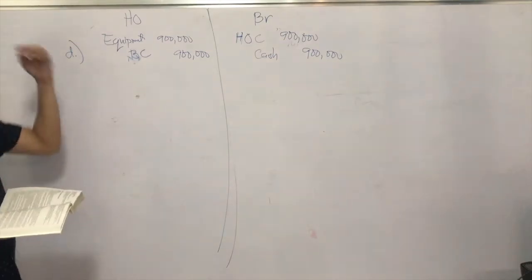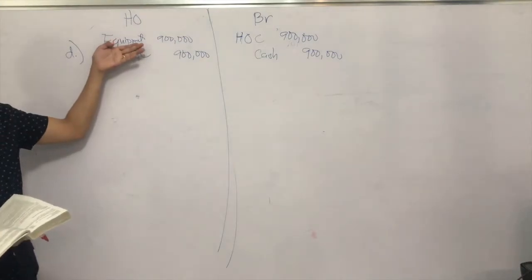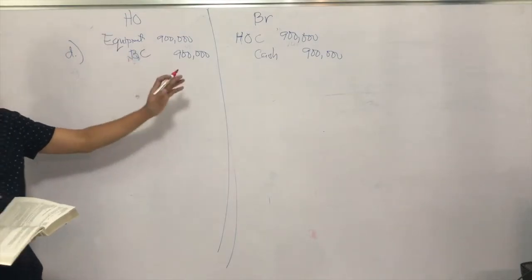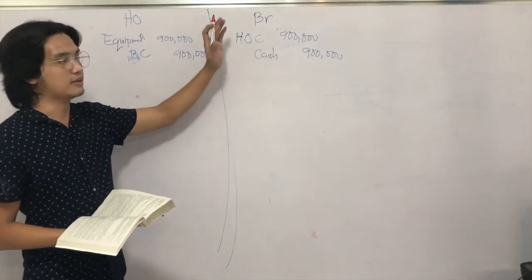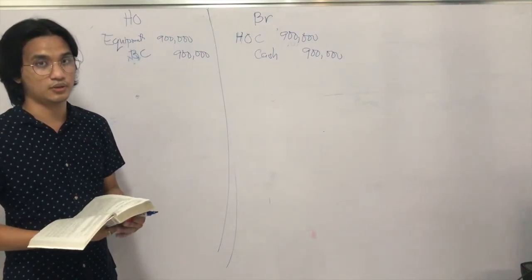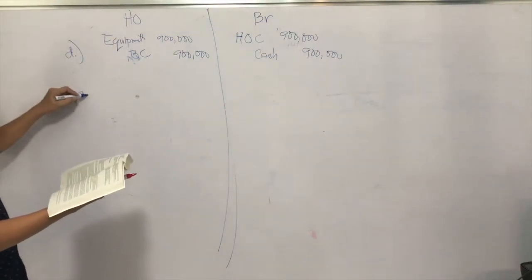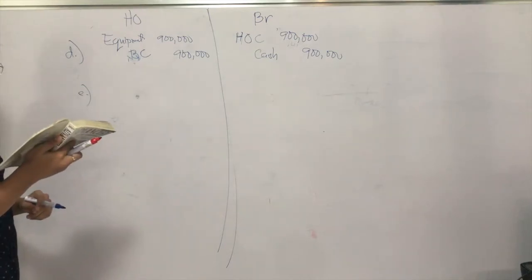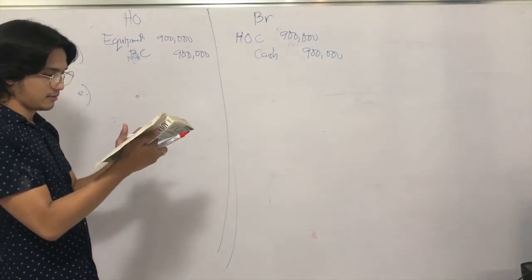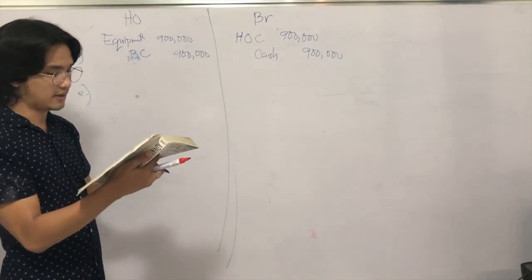Okay, so again, I repeat, the branch pays for it, but the home office carries the equipment in its books. And take note, the actual or physical equipment is with the branch. This will be relevant later on when we discuss the depreciation. So just keep that in mind. To continue, letter E. On July 1, the home office acquires furniture for 600,000 cash. The branch records the furniture in its books. The furniture has a useful life of 4 years.